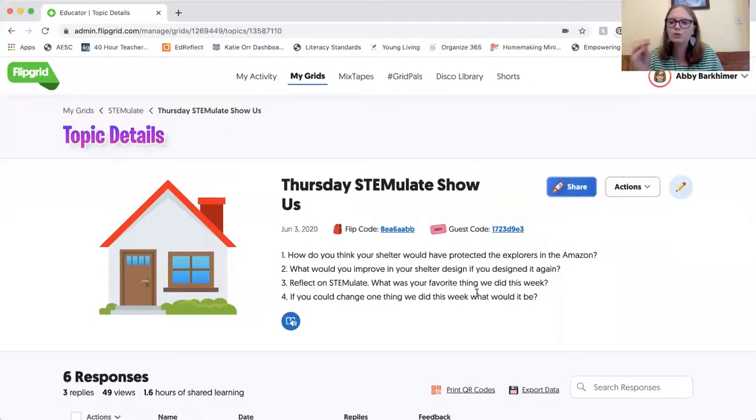All right, another cool thing with Flipgrid is it's free, which is really nice for teachers, right? You have to have a password and a code for the students to get into it. That is new if you've used it before. So that helps with security, that it's not just a link. If you go in Flipgrid, you're going to make an educator account, first of all, not a student account. But if you go to the Disco library,